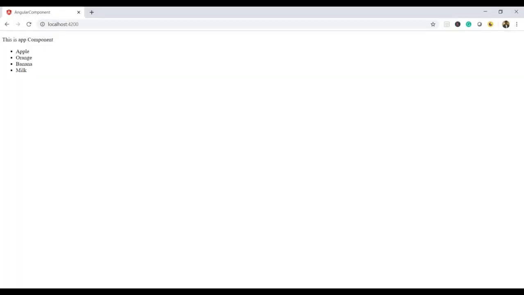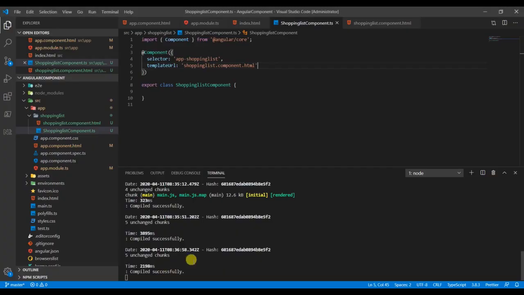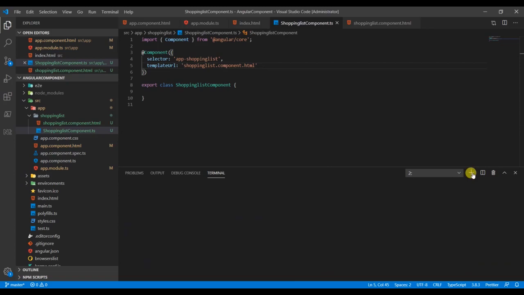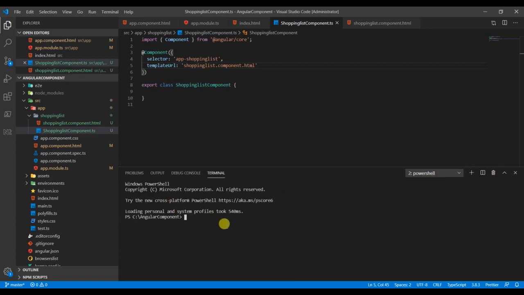Okay, now we did everything manually, but there's an easy shortcut to do that, because we don't need to do everything manually, creating the files, the TypeScript class or the HTML. We don't need to create all these files manually. Okay, there is a way to do that. It's a simple shortcut. Let me add another terminal here. The shortcut is ng generate component